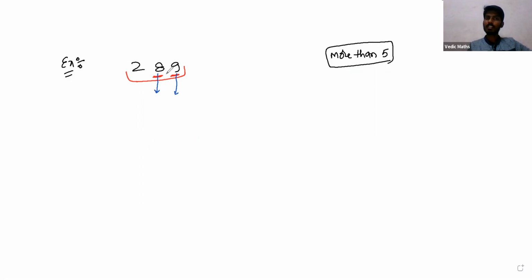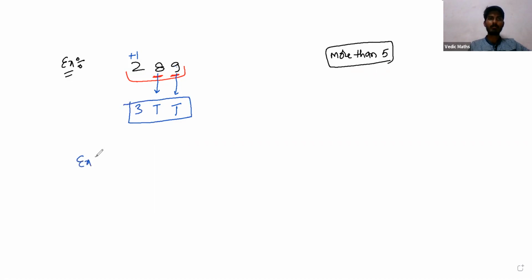Here you are selecting the positive digit. So from 10, 1 bar, from 9, 1 bar. You selected the positive digits, so that is the reason to add 1 to this number. Recently I said, removing the positive digit, then Ekadhikena is used. Removing the negative digit, then Ekanyunena is used. So 3. So this is the conversion.